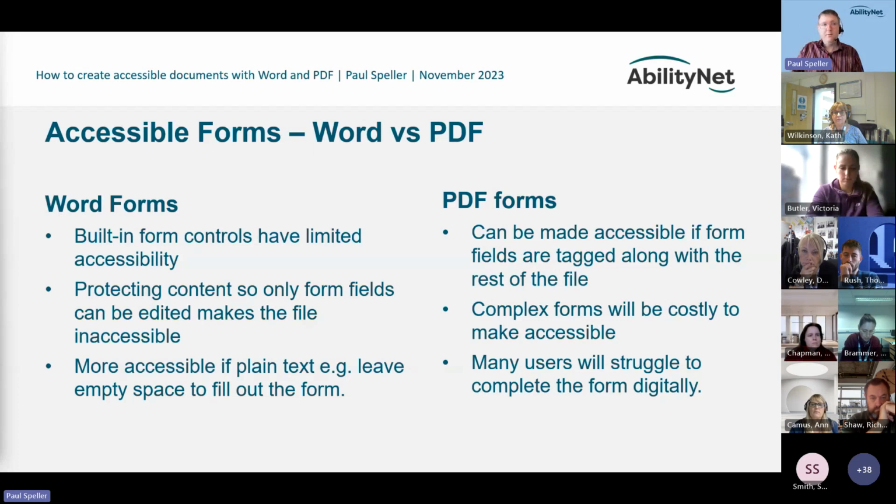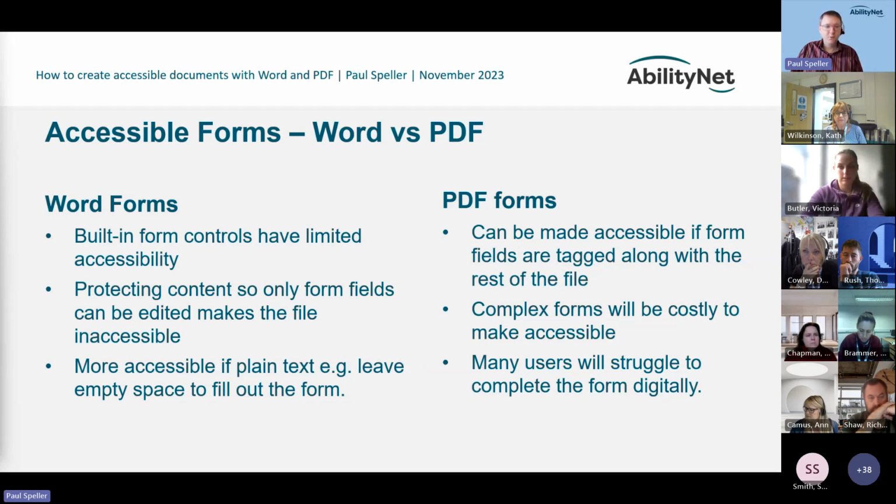Unfortunately, what that typically means is that assistive technology can't get to any of the protected text at all. So they're just left with all the blank bits, which is really not very helpful. So the short version of how to make an accessible Word form is A, maybe don't, or B, just basically